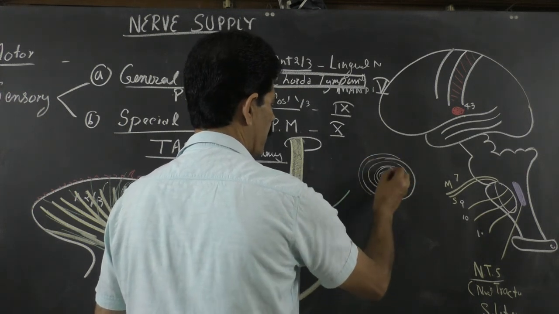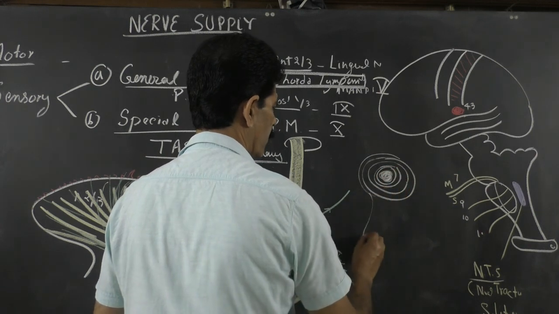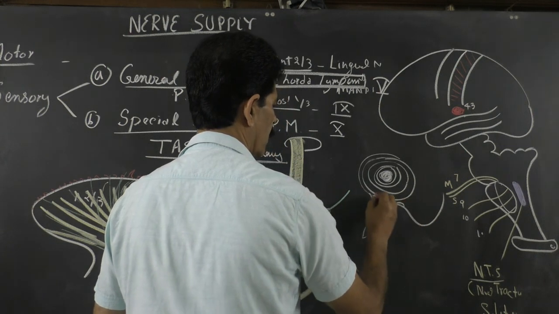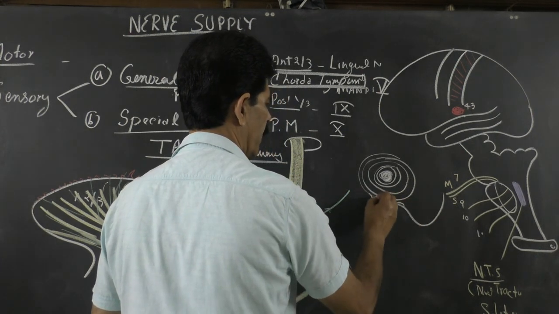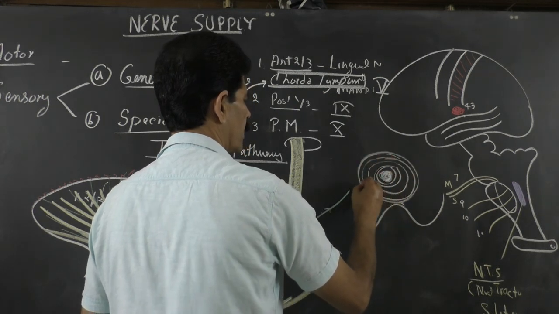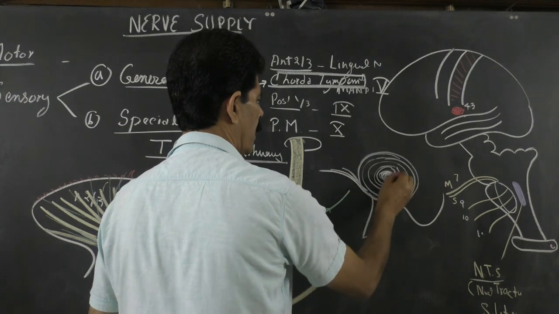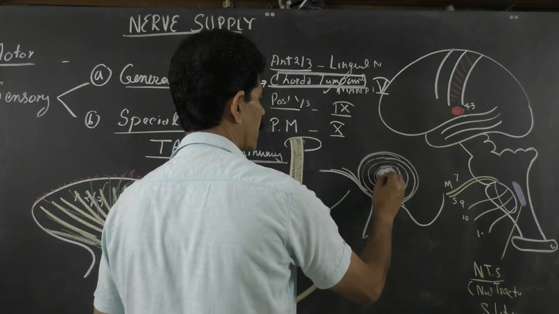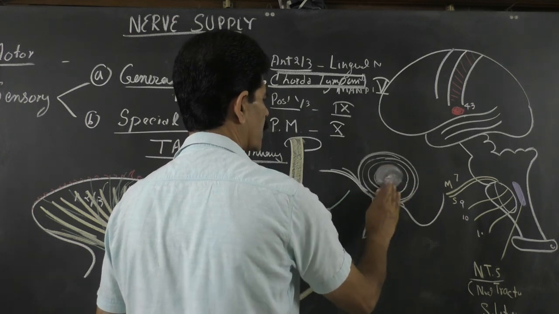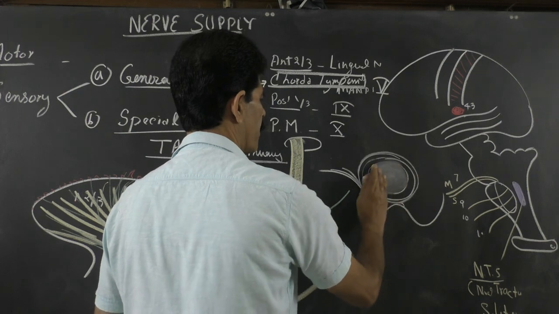This tympanic fissure is present between the styloid process and the tympanic part of the temporal bone. So this is the external acoustic meatus, and it is closed by a membrane